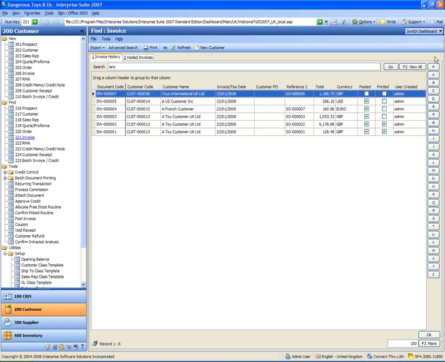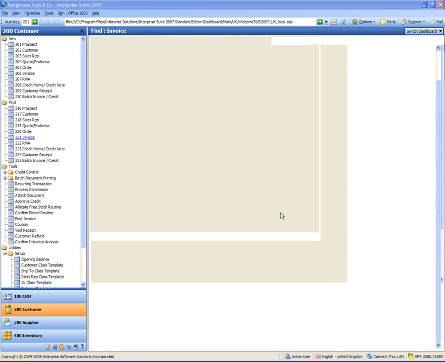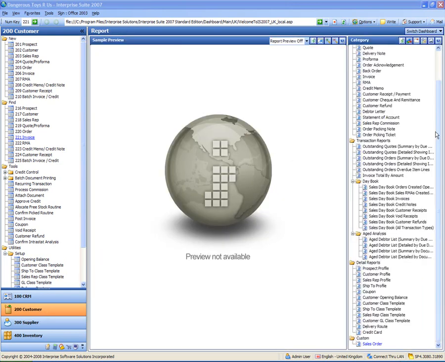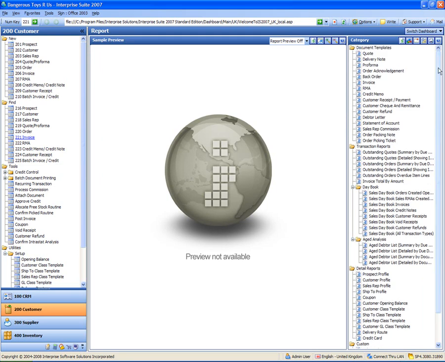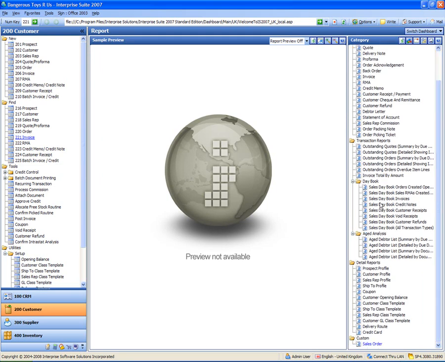Now going to run a sales daybook for invoices. To run reports in Enterprise, we do switch dashboard and go into the reports, and whichever module you're in at the time you switch dashboard, it will show you the appropriate reports for that module. So we want a sales daybook invoice report. So if I double click that,